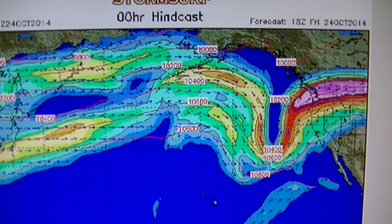Okay, I've been watching this notch form and reform in the Jetstream over and over in this one location just west of California. And I believe I have a good theory now of how they're doing it, and I can already tell you why they're doing it. They want to keep this clockwise flow here and recreate the polar vortex for the winter of 2014-2015. Okay, so today is October 25th, 2014, and